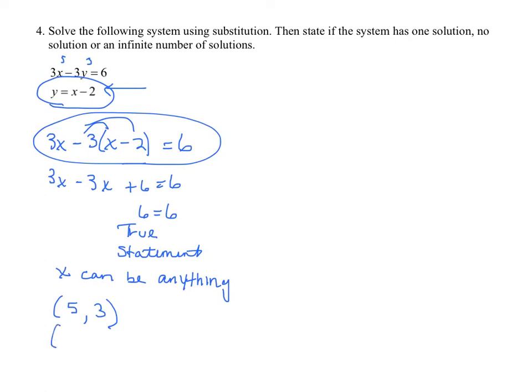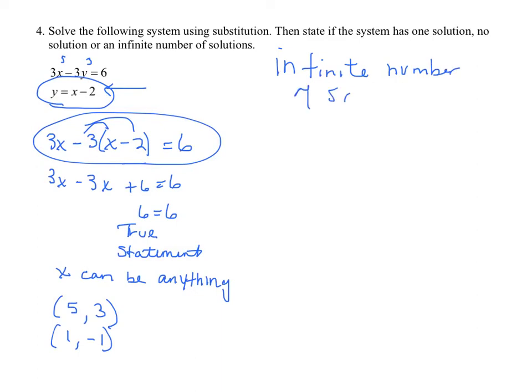If, let's say, I do 1, negative 1, will that hold true? Yes, if I check it in both equations. So the upshot of the deal is that there is an infinite number